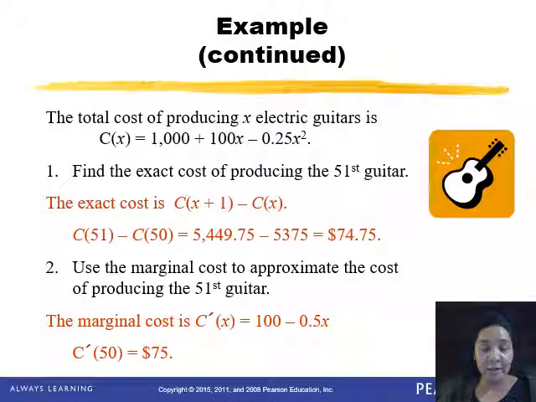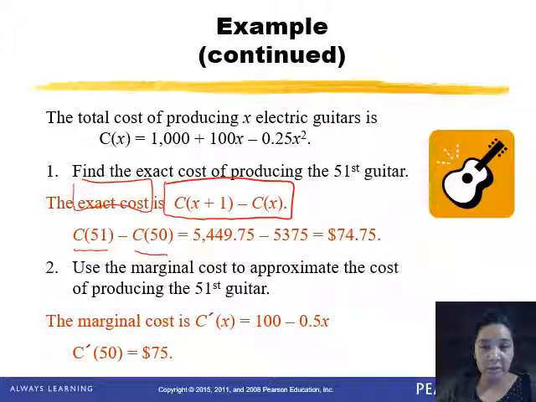The exact cost is this, right? We do C of X plus 1 minus C of X. And so we're doing C of 51 minus C of 50. So again, we're doing the exact cost here. All right, so all you have to do is plug in 51 into C of X right here, this equation, and that should give you